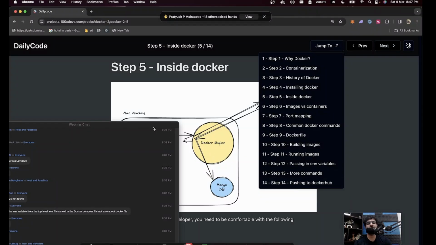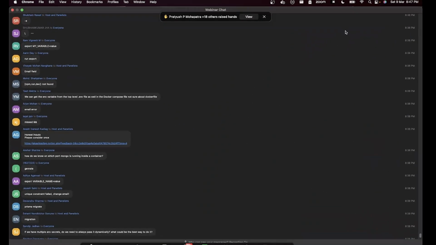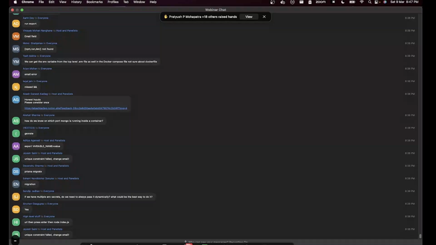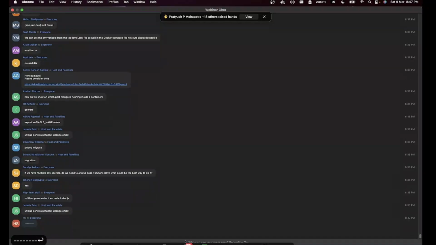Tomorrow we'll understand pushing to Docker Hub. If you want to know more, we'll tomorrow understand volumes. We'll understand networks. We'll understand layers. If you understand layers, networks, volumes, and pushing to Docker Hub tomorrow, that's great. That's more than enough for what you need for most use cases, at least for a long time.